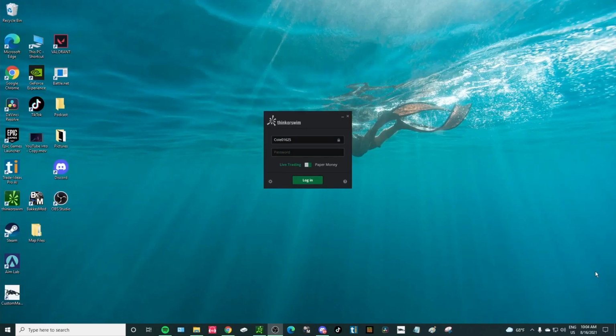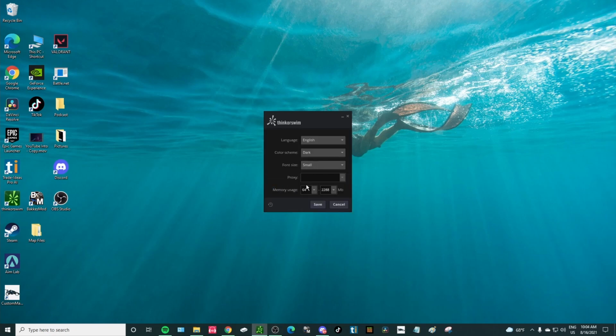The first thing you want to do is, on the login page, click this gear icon. If you have a pretty good computer, you want to use, maybe I use 64 and then 12,000. I think you change that to have a better response rate, and it uses more memory of your computer. And if you like dark, I like font size small, but go ahead and save that